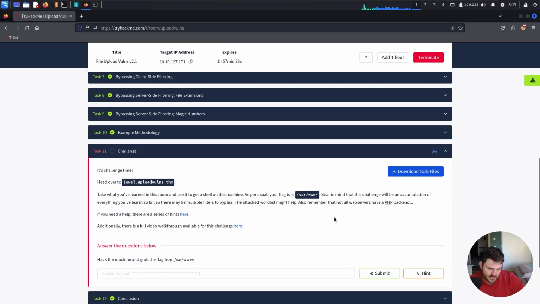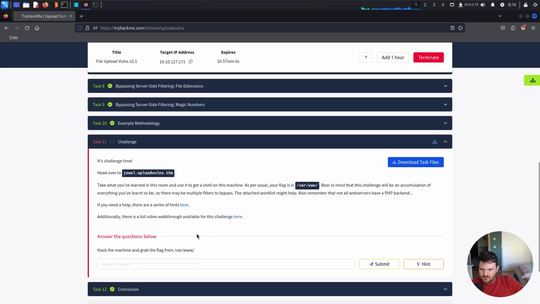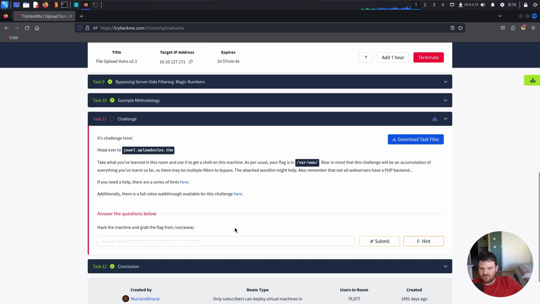Bear in mind that this challenge will be an accumulation of everything we've learned so far, so there may be multiple filters to bypass. The attached word list might help. Also remember that not all web servers have a PHP backend. If you need help, there are a series of hints. These are hints from the creator of this room and a full video walkthrough. Answer the questions below, hack the machine and grab the flag from the